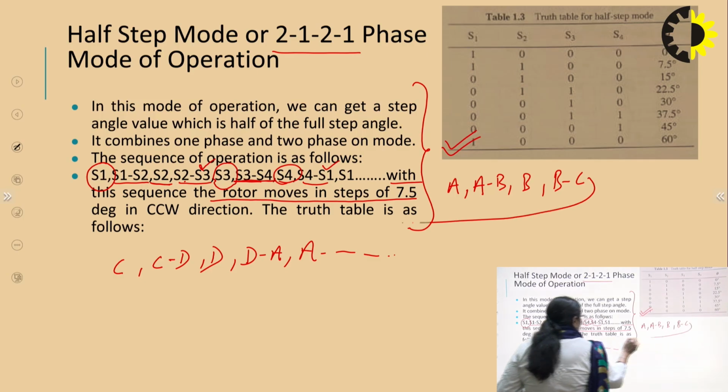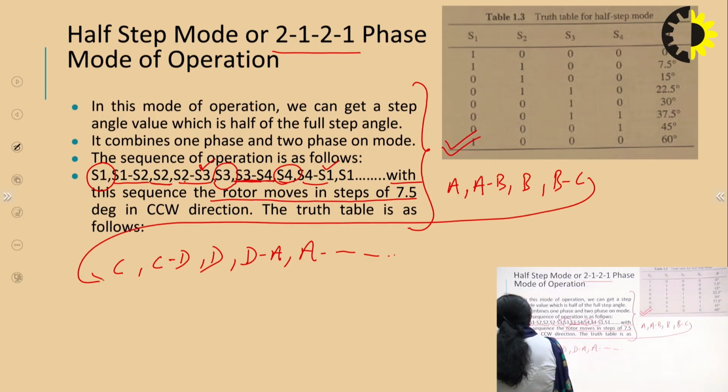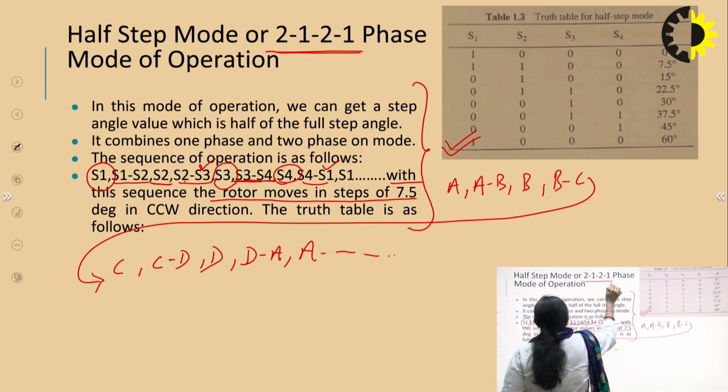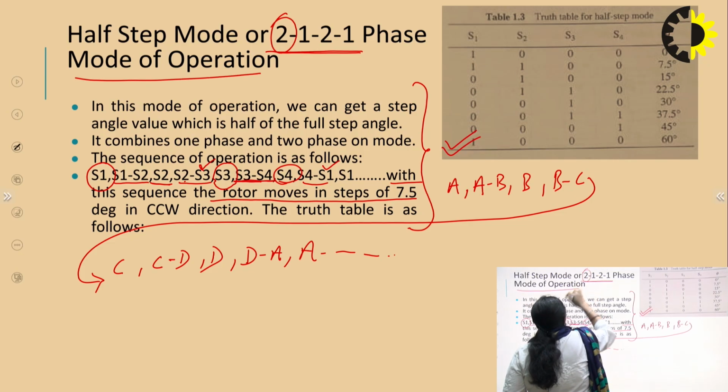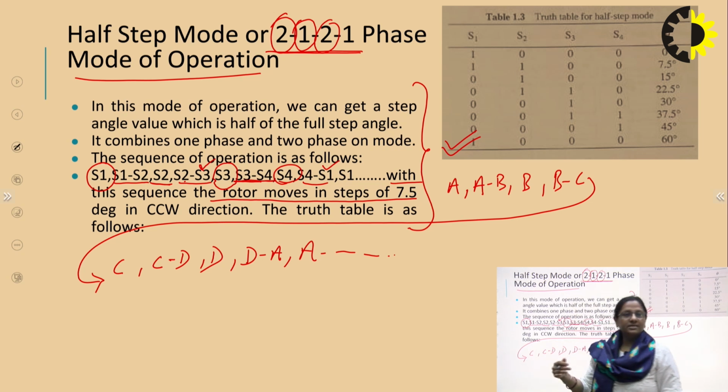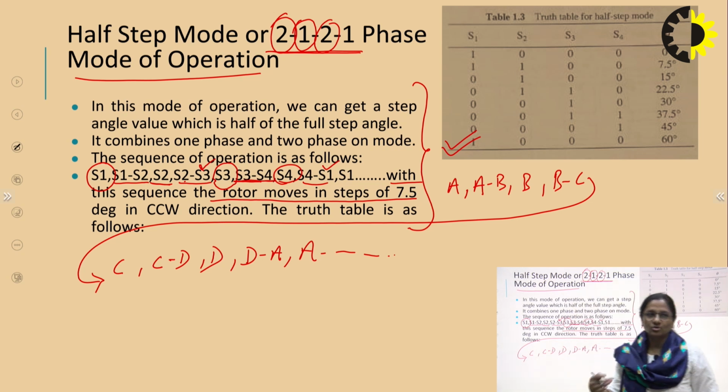So this is said to be the 2-1-2-1 phase mode of operation. Two phases are energized, one phase energized, again two phases are energized, one phase is energized, and so on in